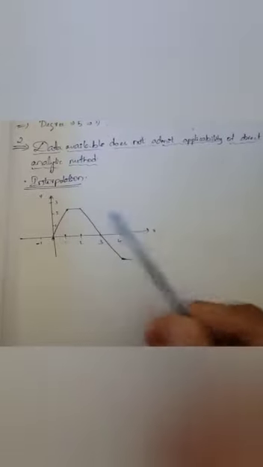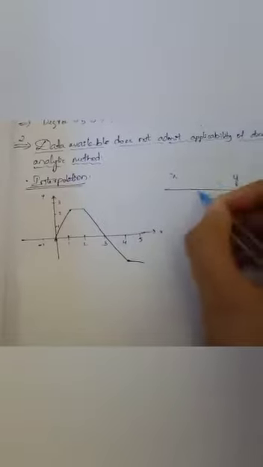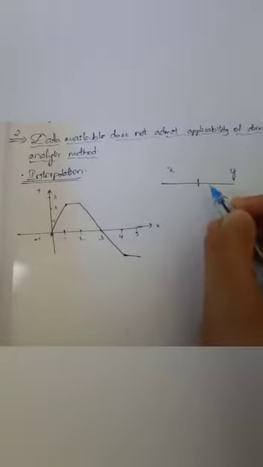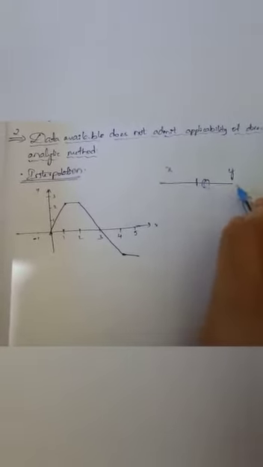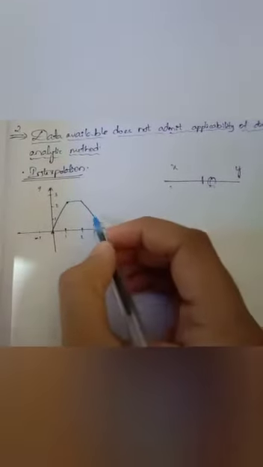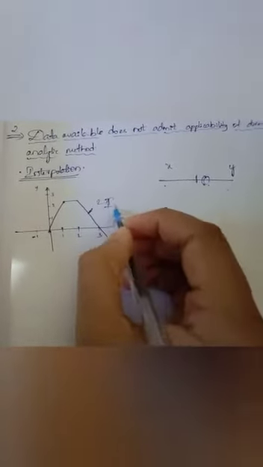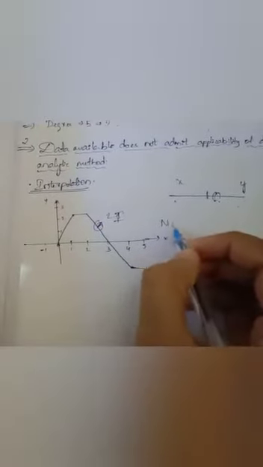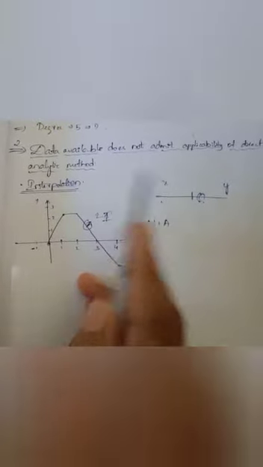The next reason says that the data available does not admit applicability of the direct analytical method. For example, there will be two values, one is x and the other is y. Between this range, if we have to find the middle value, we can find the average. But what do we do if we have to find the value nearest to the middle, but not the exact first or last values? For example, a value like 2.5 or 2.7. If we have to find values in this range, we have to use numerical analysis here.